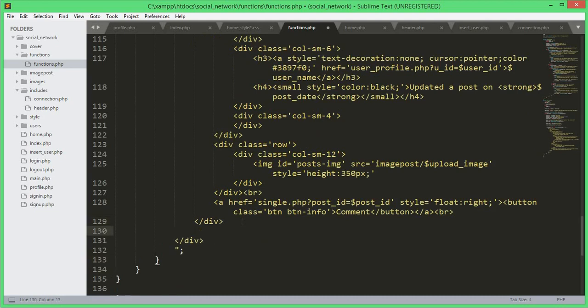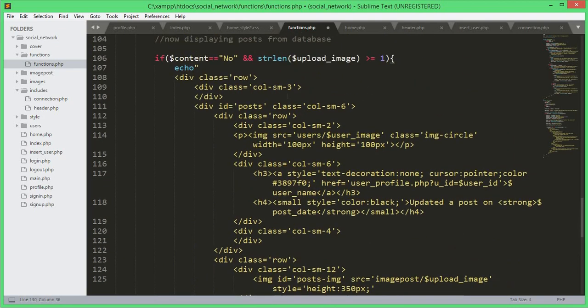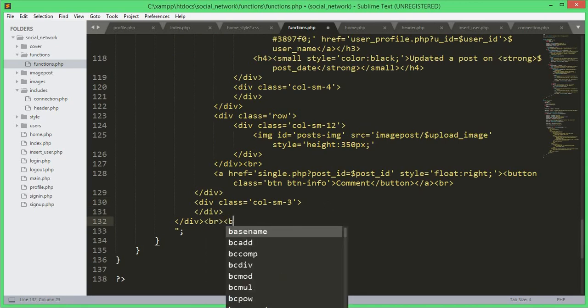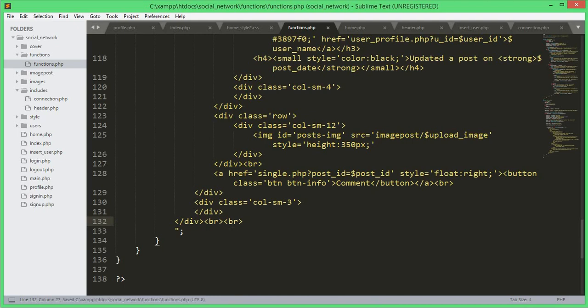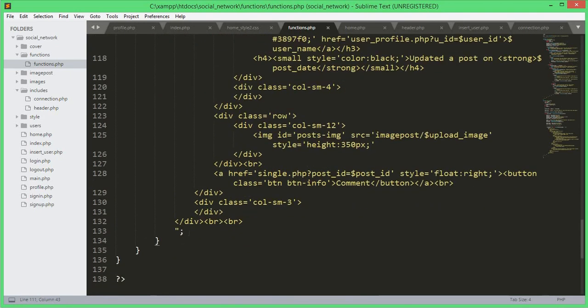and after this div we will add another div, and its class will be equals to col-sm-3, and add 2 br over here. So all these divs are only for the single image post, and now we will create for the